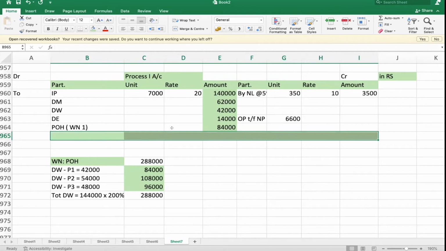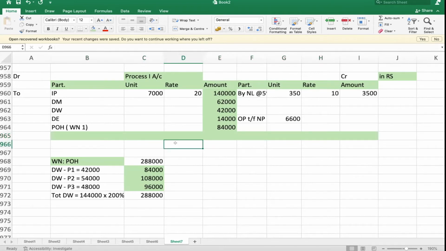Except for production overhead, everything in this question is parked in the respective place. So posting is over. Whenever you come across process costing, kindly remember, first draw the process account: particulars, unit, rate, amount, debit side, credit side, To, By, rupees. Format also carries marks. If you don't write the format, there will be a reduction in marks in the exam.